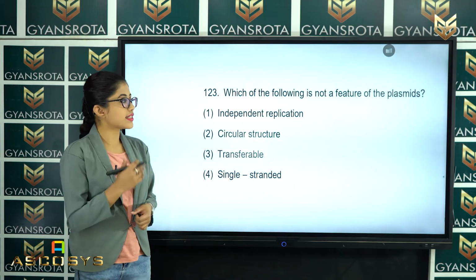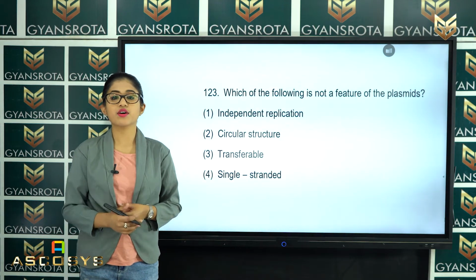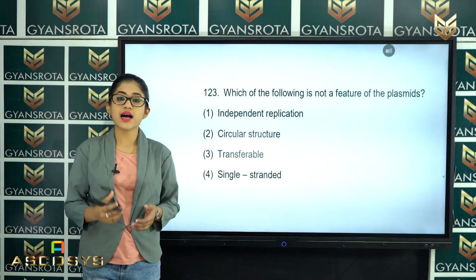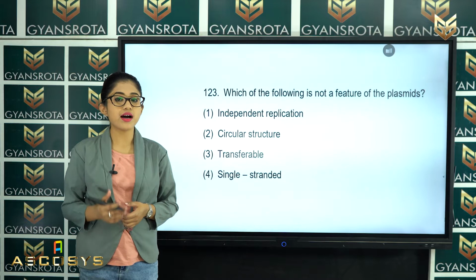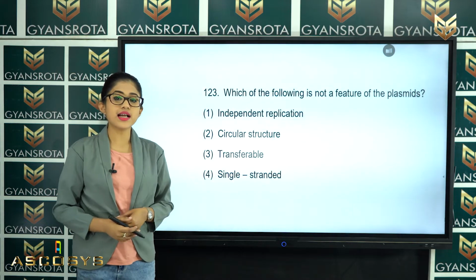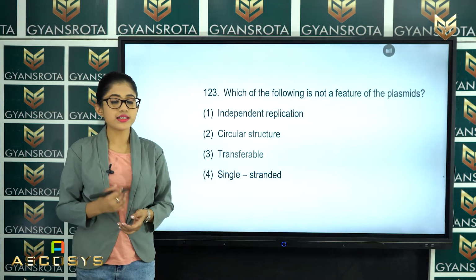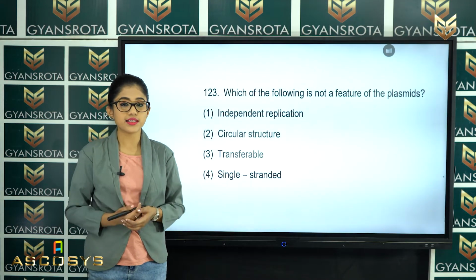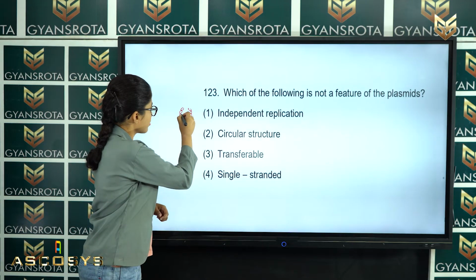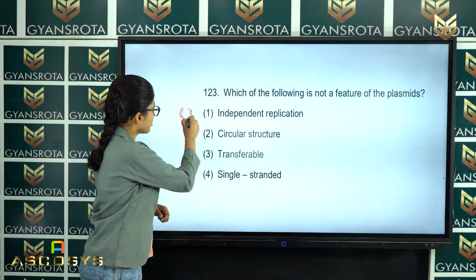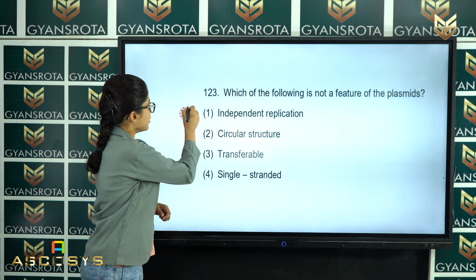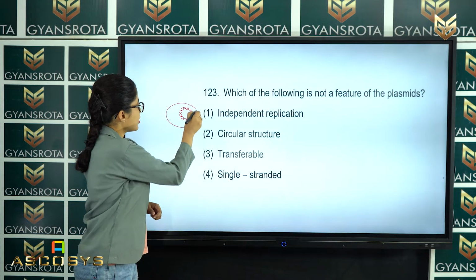So, what are the characteristics of this plasmid? The characteristics of the plasmids are they can independently replicate, then they are circular in structure and they are transferable, and in the fourth option it is given that they are single stranded, but they are actually what? They are double stranded. So, they somewhat look like this. So, the double stranded chromosome is circularly arranged, right? And this is the plasmid